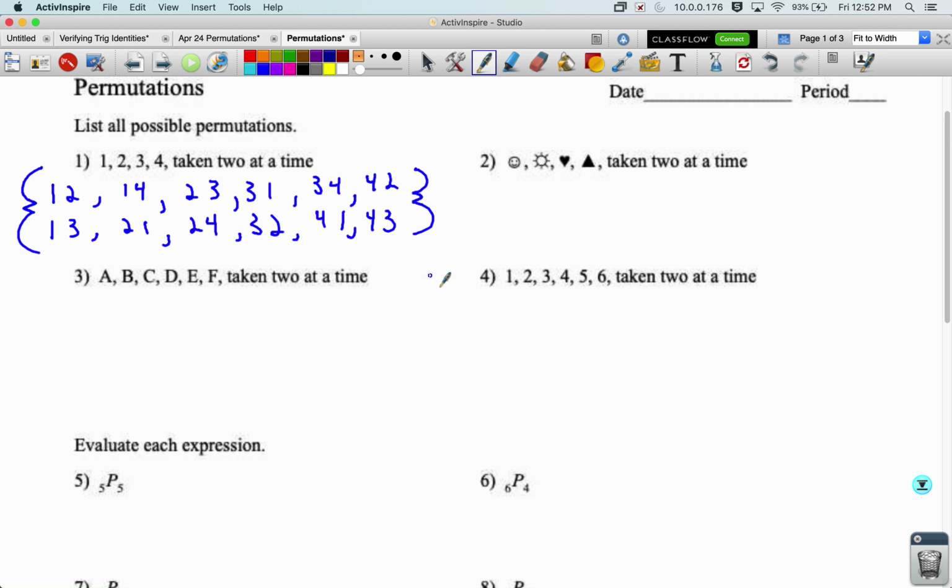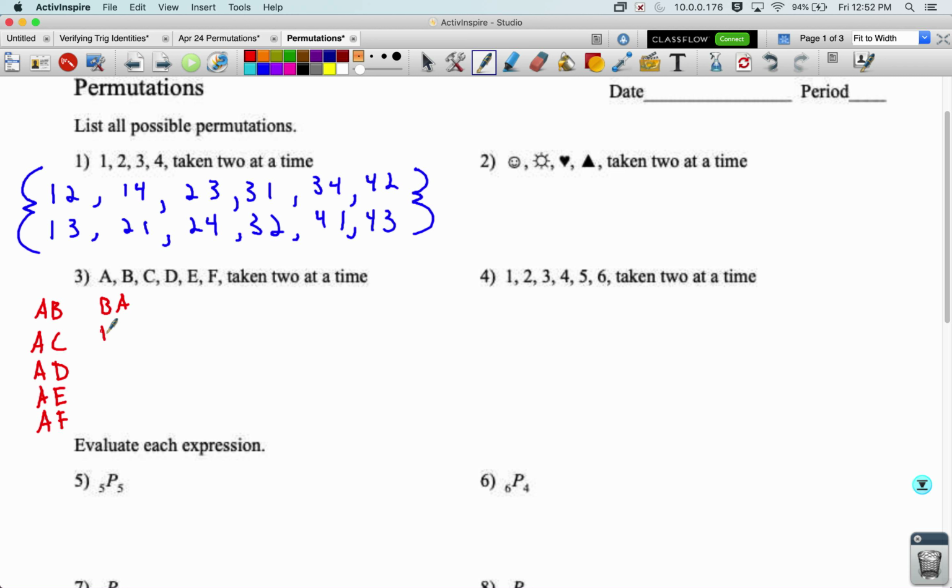All right, let's try one of these longer ones. These two are really similar. This one just has letters. This one just has numbers. We'll do the one with the letters. Let's see if we can get them all. AB, AC, AD, AE, AF,